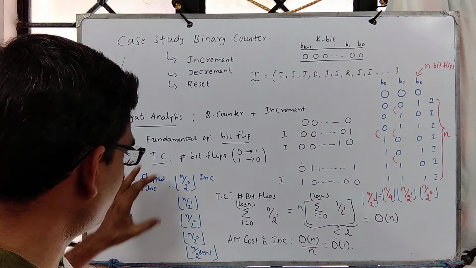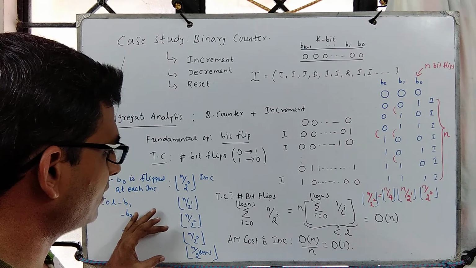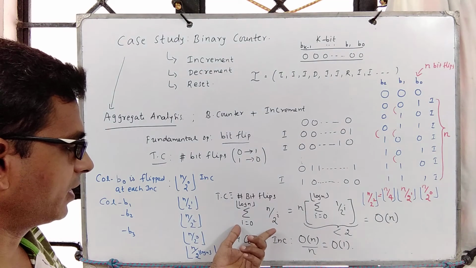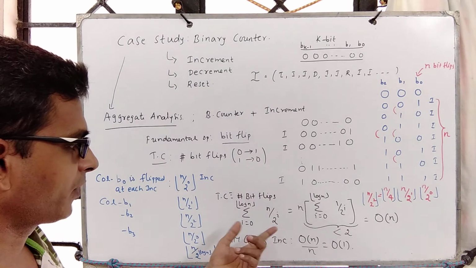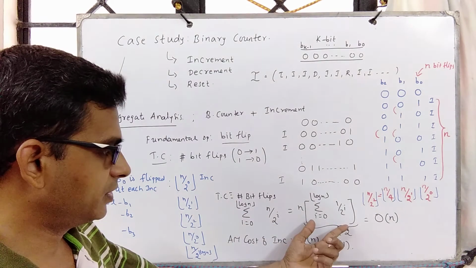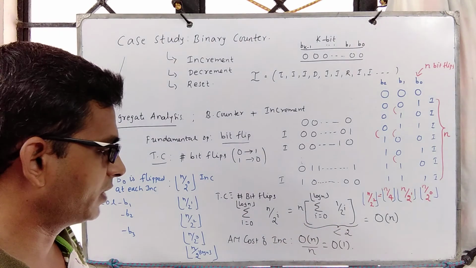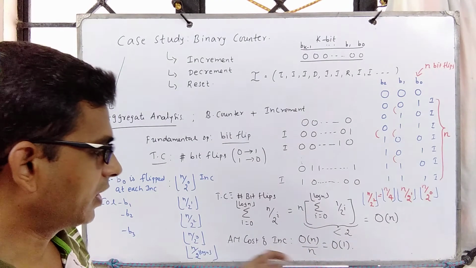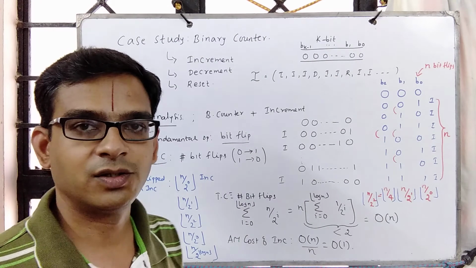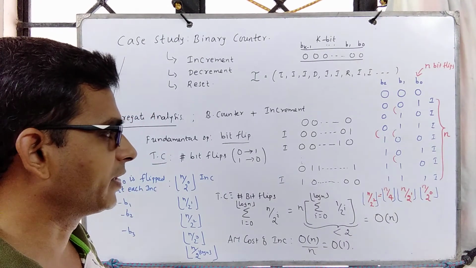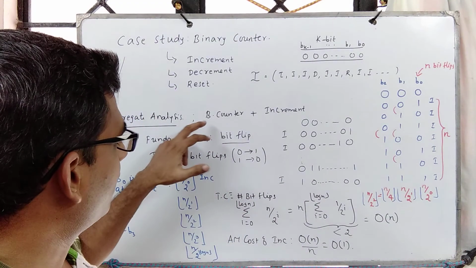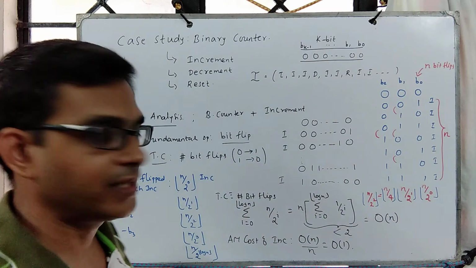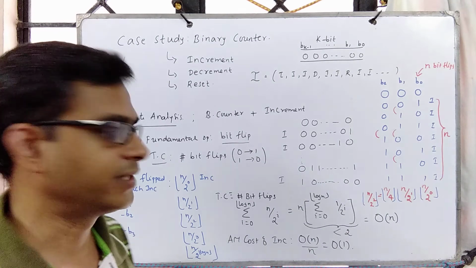That's all. So if you focus on that micro level analysis and count the number of bit flips, it turns out that it is this. And take n out, and this one is at most a constant. So we get order n divided by n increments. So amortized cost of each increment is constant. It is order 1 amortized. So given a binary counter whose supporting operation is increment, then the amortized cost of increment is constant.